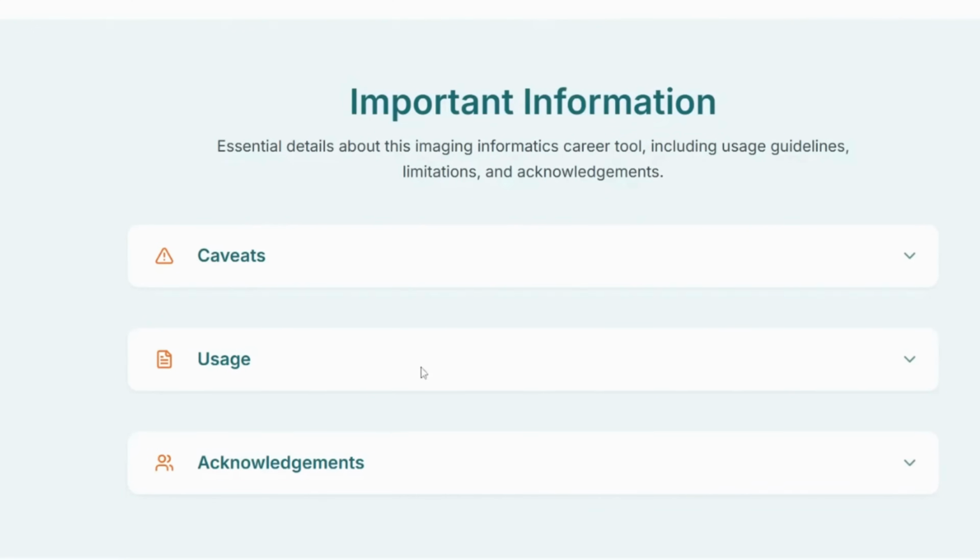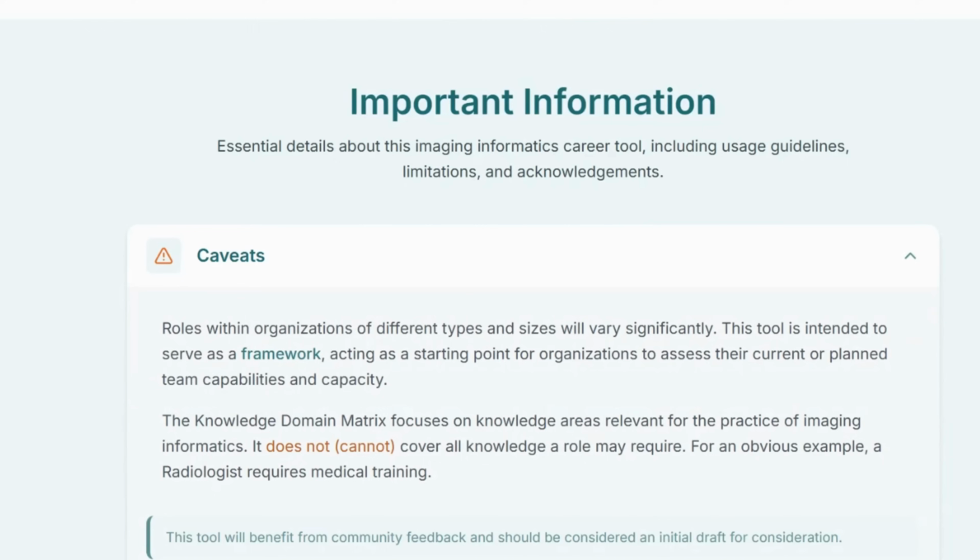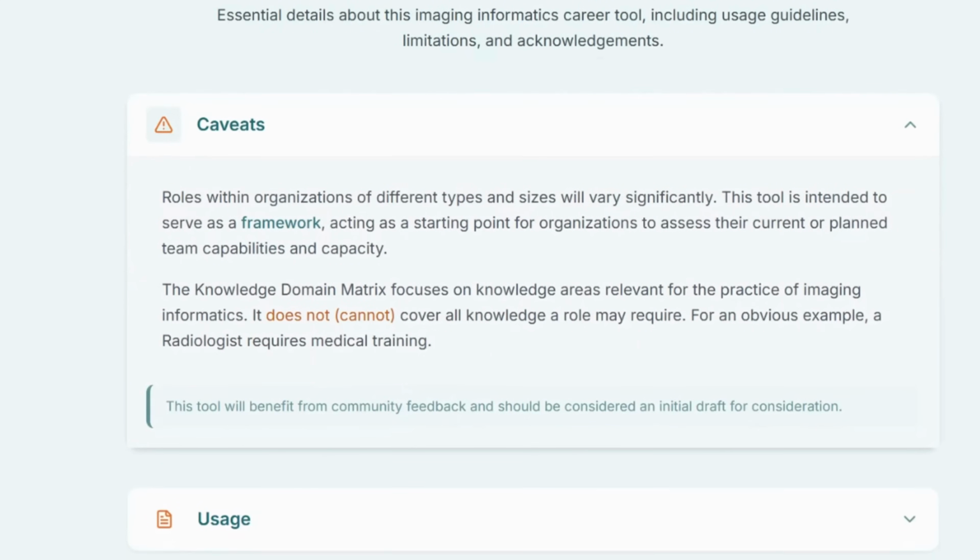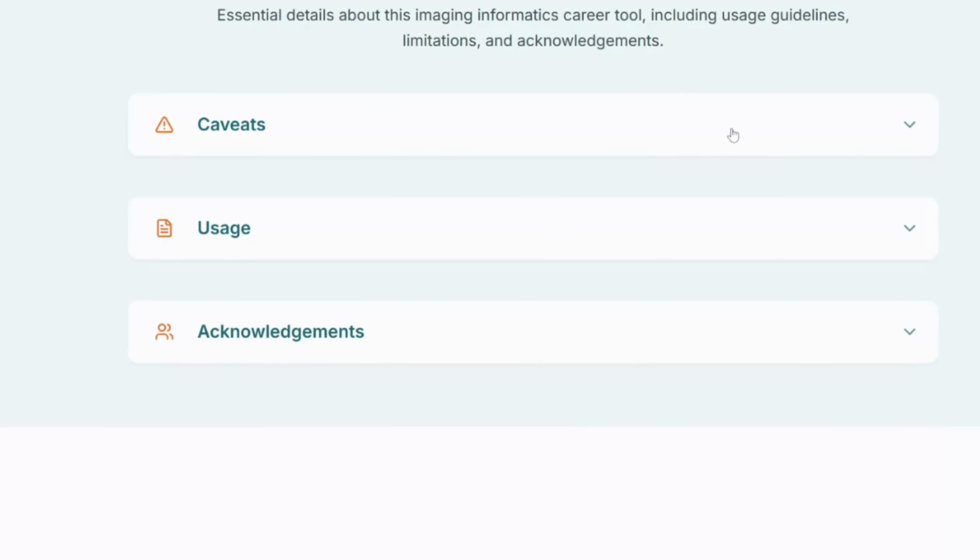A few things on the important information, the caveats. This is something I developed. I had a number of experts provide some input into it, but your organization will vary. If you're in, say, an outpatient imaging center, you'll have different jobs and descriptions than, say, a large private reading group practice or academic hospital, or if you're somebody who's working in both RIS and PACS or just PACS, that kind of thing. So you should read it, but consider it not as an absolute authority, but more as a logical input.